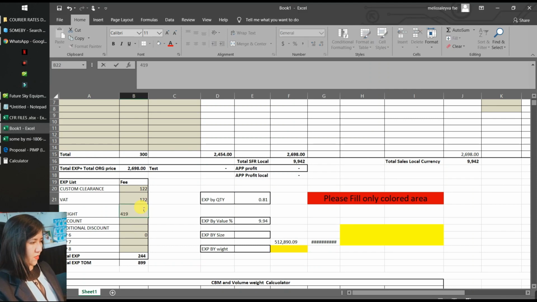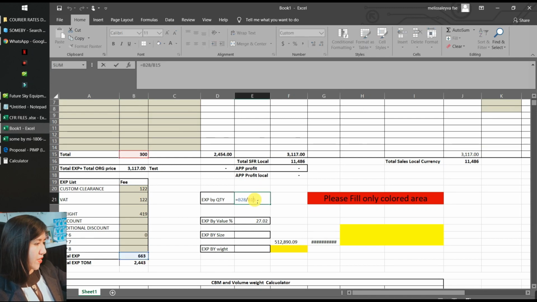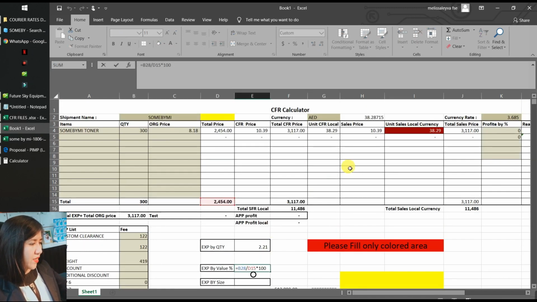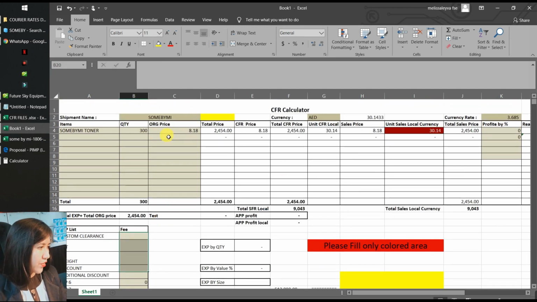419. So if you have any other charges, like let's say some other tracking charges or some other charges, you can just put it here. It will automatically calculate what will be your expenses by quantity, expenses by value, and it will eventually give you how much you will be selling your item. Okay, so that's 122, 122, 419. Let's say, for example, if you don't have any charges yet, your 8.18 cost should give you 8.18 selling price,